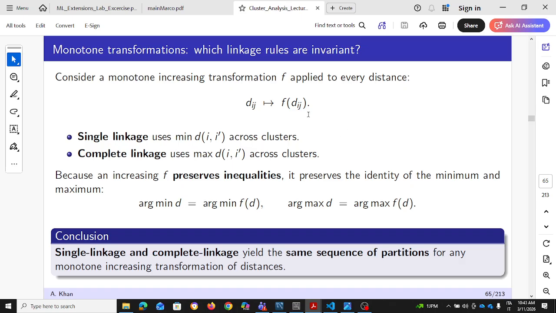So if we apply a monotone transformation to the two kinds of distances, if you remember, the single linkage and the complete linkage. The single linkage is when we consider the points of two clusters very close to each other, the minimum distance between them. And the complete linkage was when we consider the furthest distance between the two clusters. In these two cases, if we apply a monotonic transformation, they are invariant. By invariant we mean, if at a certain point we have two clusters, at a certain distance,